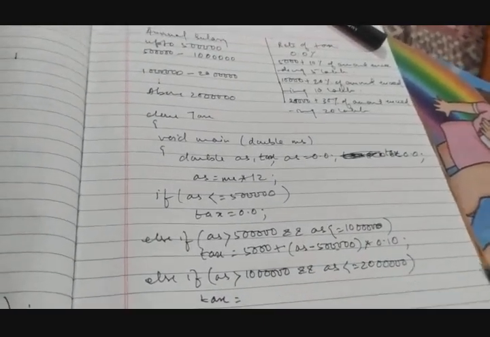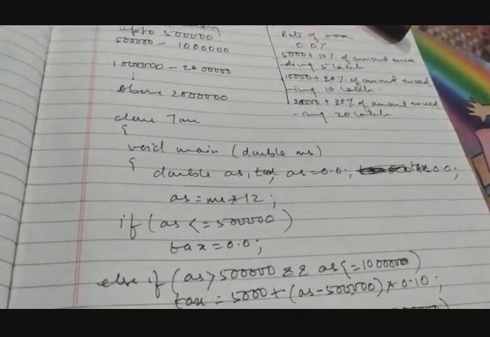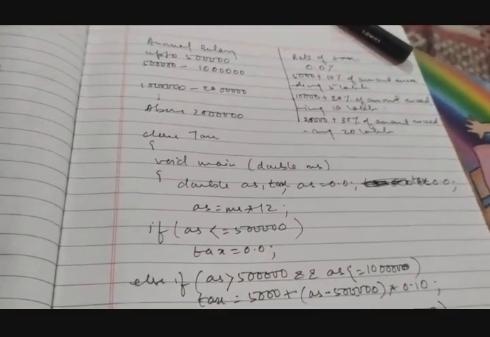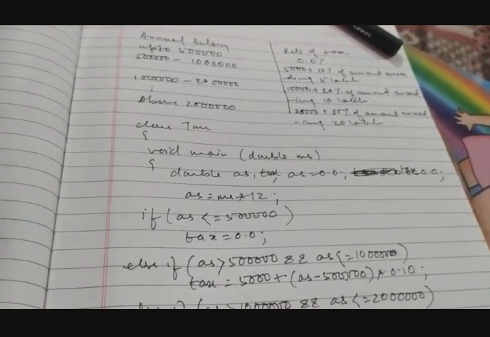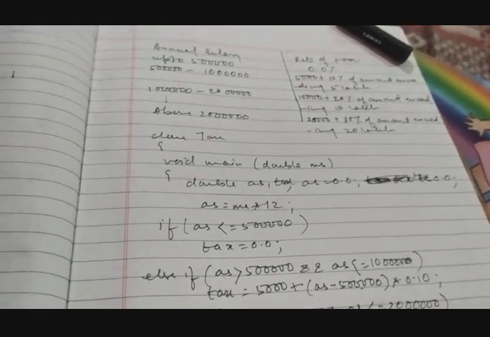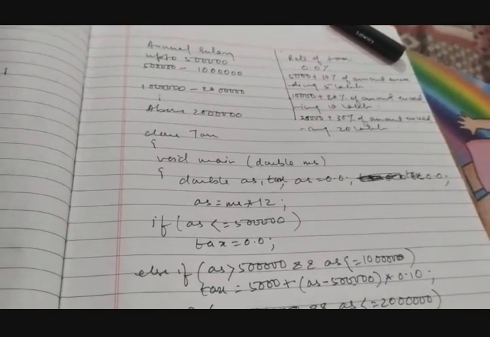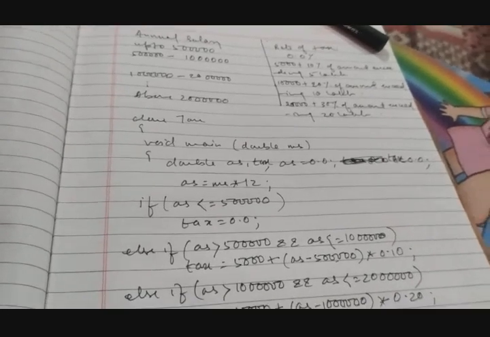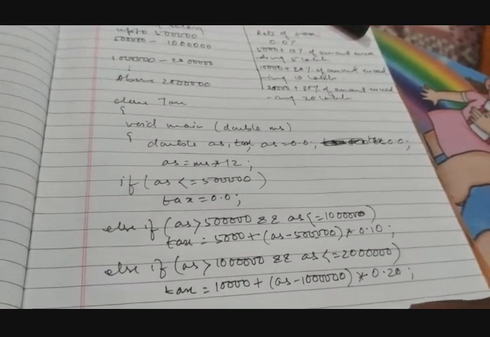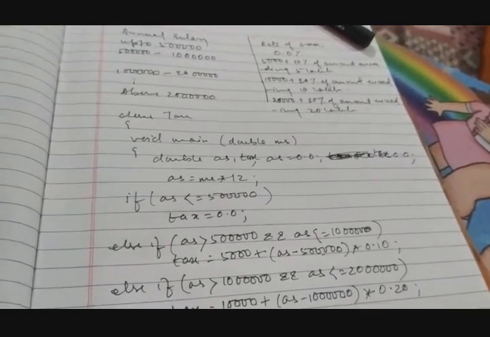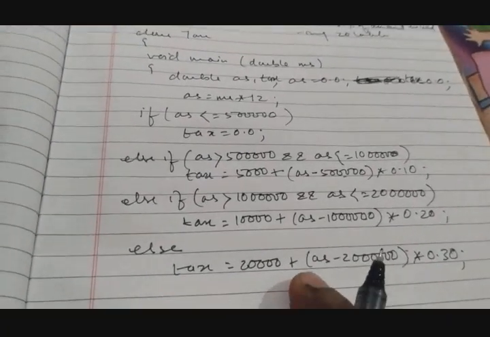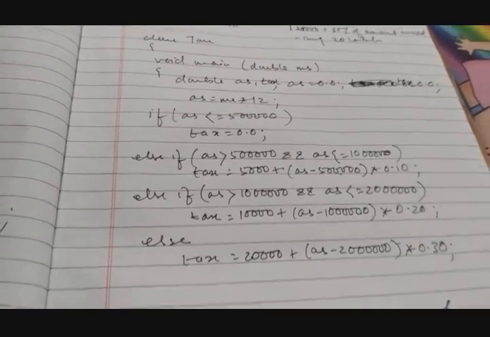Variable tax only. Tax equals how much is the tax? 10,000 से 20,000 में 10,000 प्लस एनुअल सैलरी से 10 लाख माइनस कर लेंगे, उसका कितना परसेंट है? 20% है, 0.20। ठीक है, 10 से 20 लाख। Else case में आएंगे, टैक्स कितना होगा? 20,000 है, प्लस एनुअल सैलरी से 20 लाख माइनस कर देंगे और उसका 30%। Is it 30% of it, is it or not? 30% of it. So annual salary से 20 लाख माइनस करके उसका 30% जोड़ लेंगे इसमें।